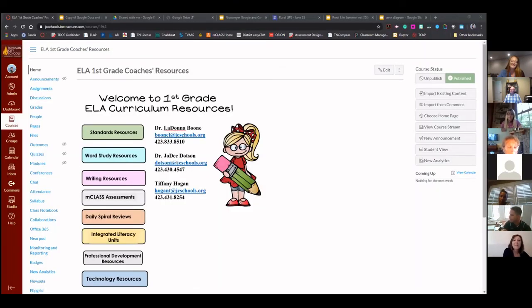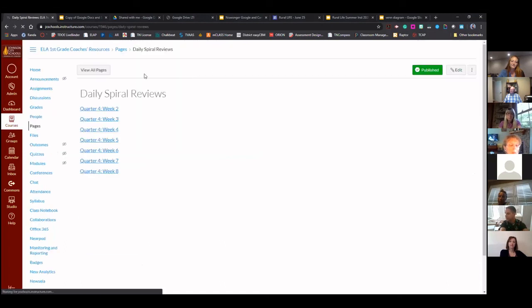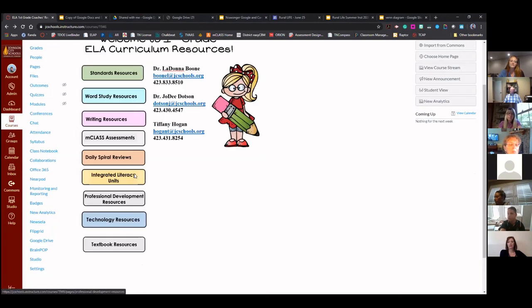On here, they've made text boxes, and each one is a link to somewhere else in the course. If a second grade student logs on to do their daily spiral, they just click that, and it takes them to everything they need. So for second grade or those younger grades, having a home page with all of those different links is probably your best bet.